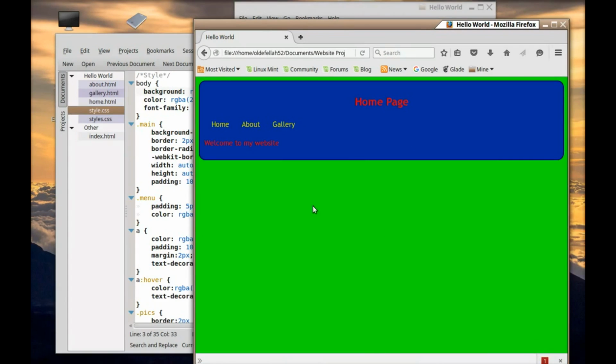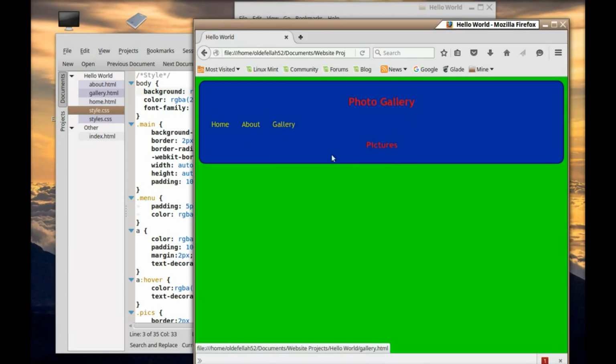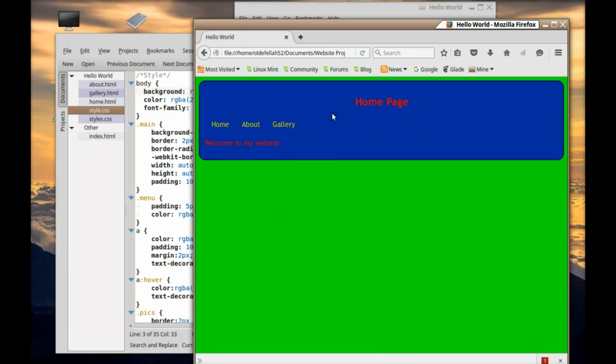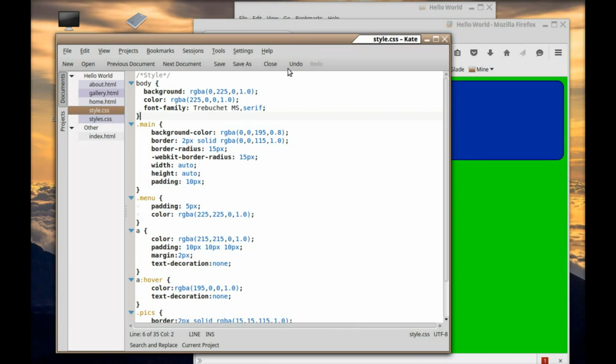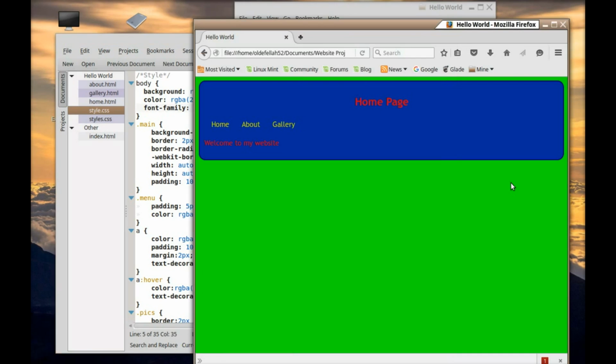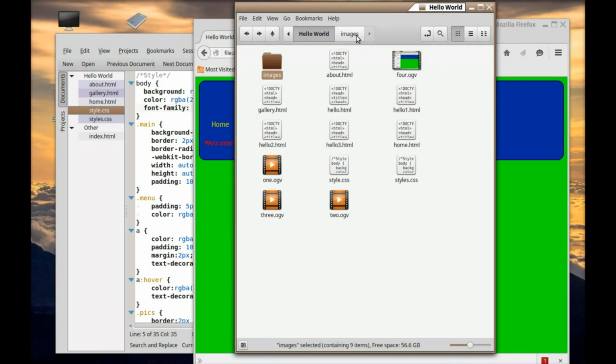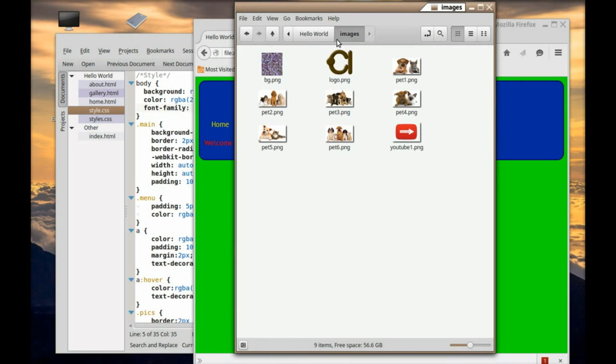Alright, so now we said we're going to do some enhancing, which we will. We're going to add some pictures to the gallery, and we're also going to do some playing with the background. So first things first, let's replace the green with something else, and there's a few ways we can do that. We're going to put this in here, and what you'll need for that to work, you're going to need a couple of things. First thing you're going to need is an image subdirectory, subfolder, and you'll need something like that,